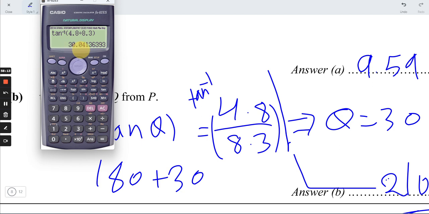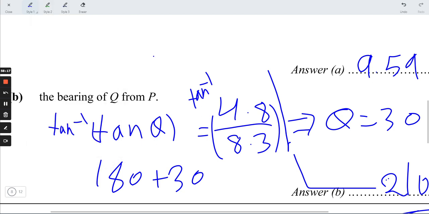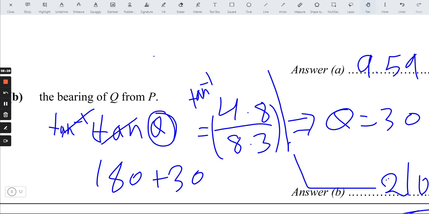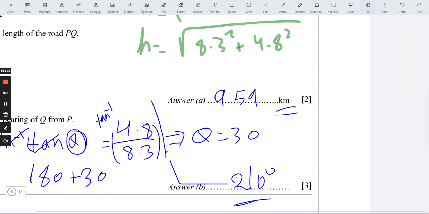You will get a theta here, 30, and tan inverse tan theta, tan inverse with the tan, they will cancel each other and you will get a tan. I hope this one is clear more. Okay, now